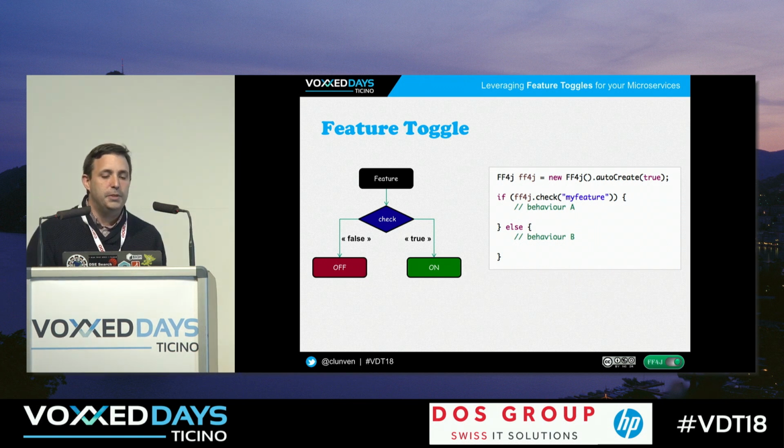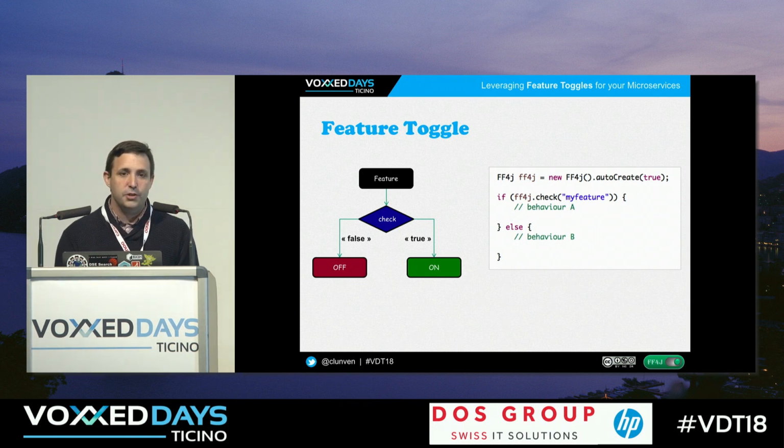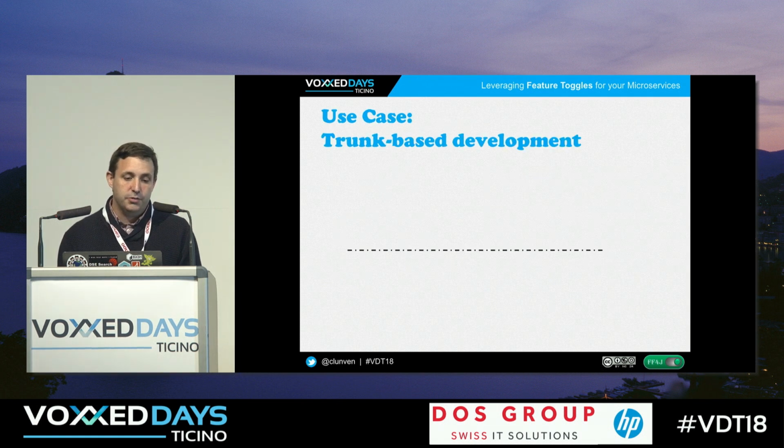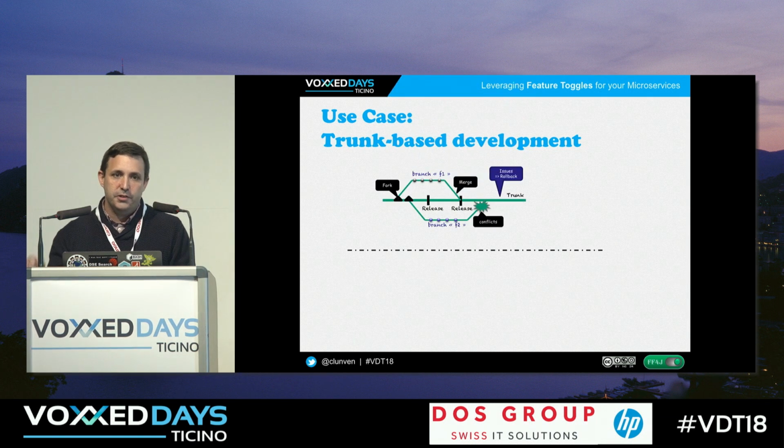If you Google a little bit at the feature toggle pattern, most of the time you will see that the use case is trunk-based development. By default, when you want to create a new feature in your application, you will fork the trunk, work on your branch to implement your feature, and when ready, you will merge the branch into the trunk. But during the development of your feature, obviously you will have multiple releases, and when it comes time to merge your own work, it becomes dependency hell, merge hell, because you have to figure out what moved between now and the moment you forked.